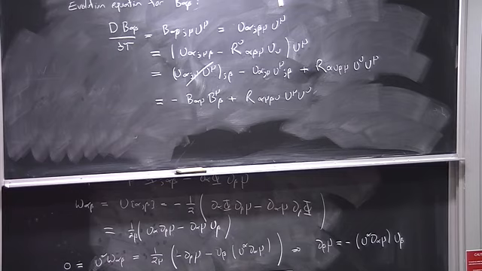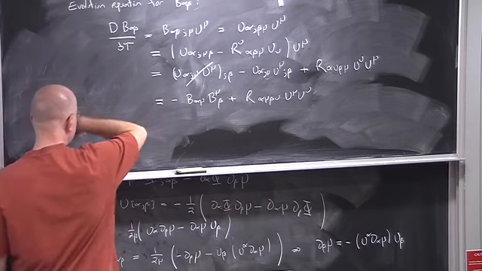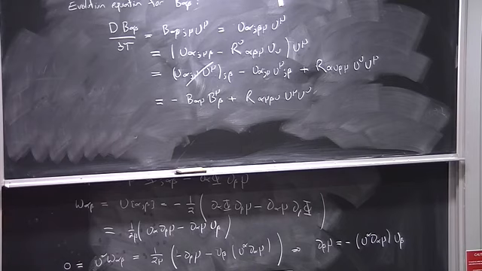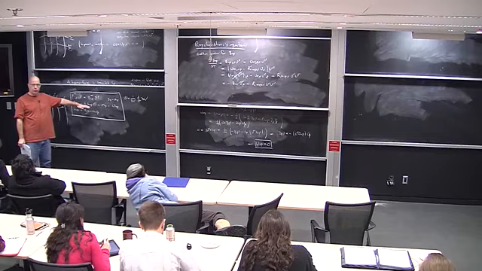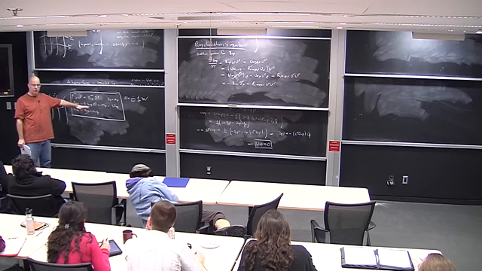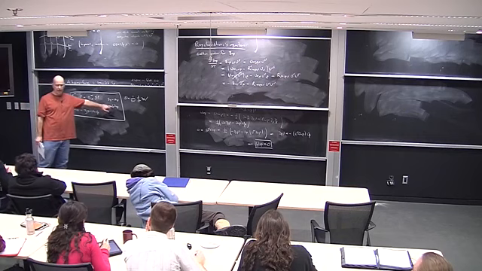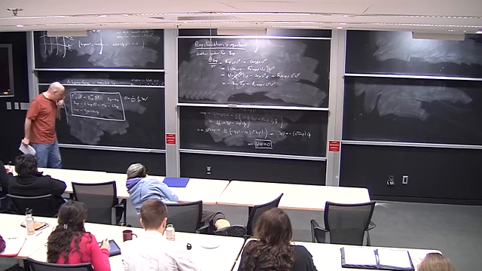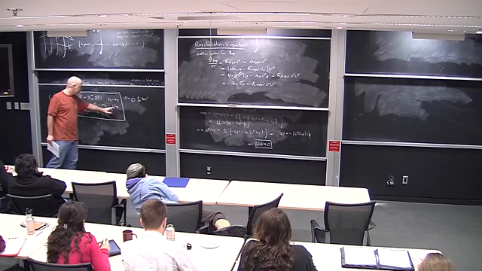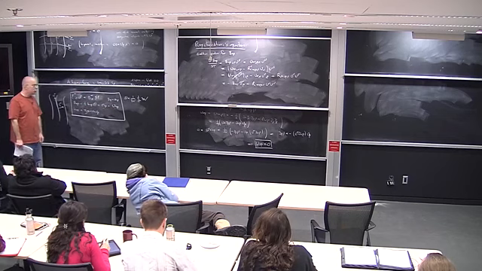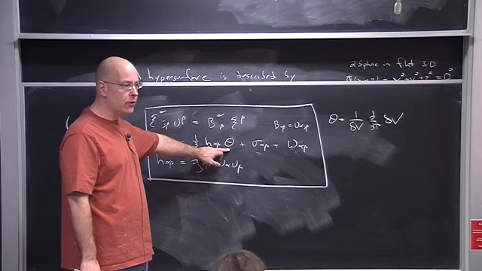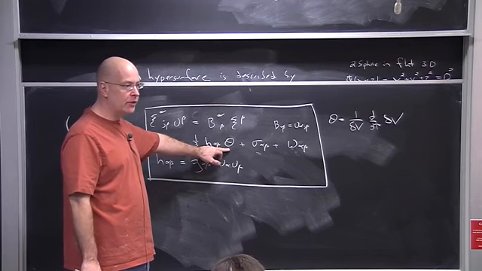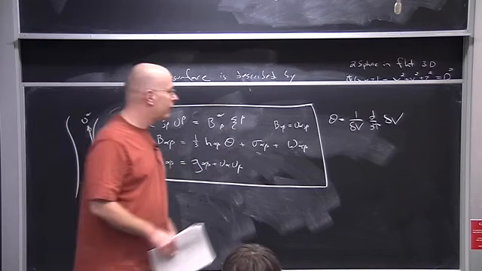Okay, so that's my evolution equation for B. And what I can do from now on is to apply this decomposition into irreducible pieces, and I can infer from that an evolution equation separately for theta, sigma, and omega. So what I'm going to do is to just do a third of that program, and I'm just going to work out an evolution equation for theta by taking the trace of this equation. So if I take the trace,